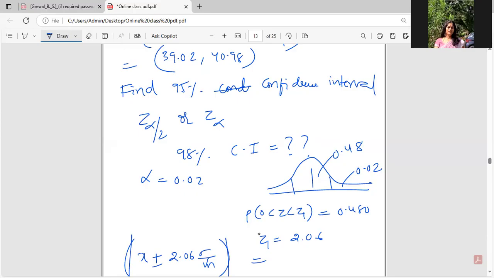Accordingly, you'll be taking it. I think I'm clear with confidence interval. It's very easy and simple, provided you know the formula for confidence interval. It tells me with how much confidence this value would be